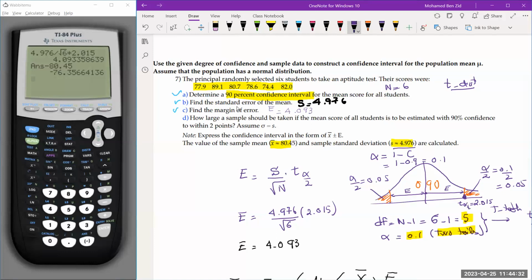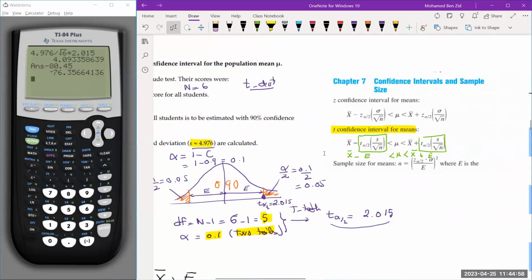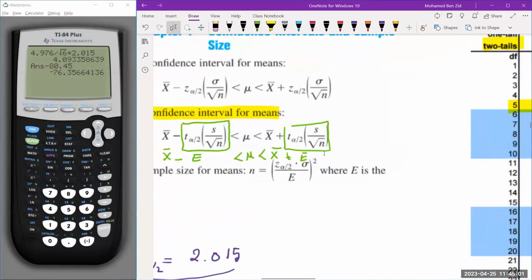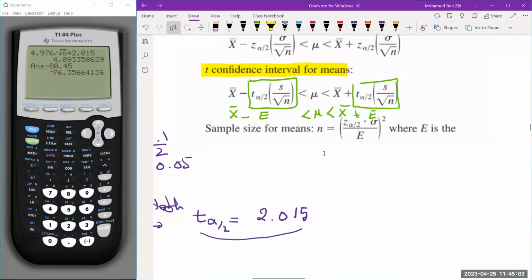How large should the sample be? All right, so to estimate a 90% confidence interval within 2 points. What is the meaning of within 2 points? It means the E here is going to be equal to 2. And what they are looking for is N. For this part of the question, we have the formula as well. The formula for the sample size, right? So the N that you're looking for